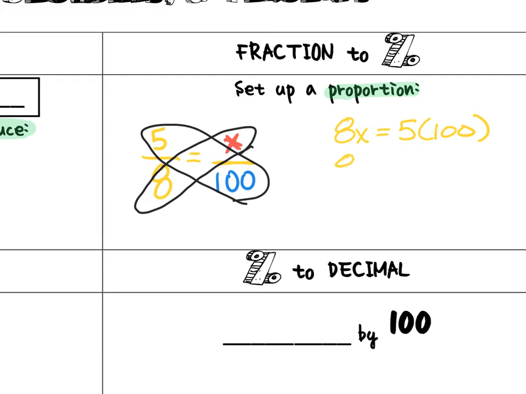So you get 8x equals 500. Then, to solve this, how do you undo it? To undo multiplying by 8, you have to divide by 8. And you end up getting x is equal to